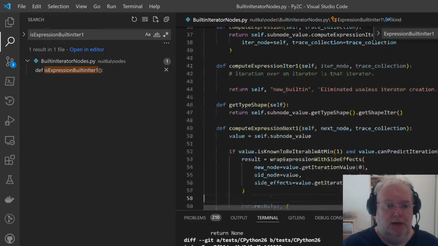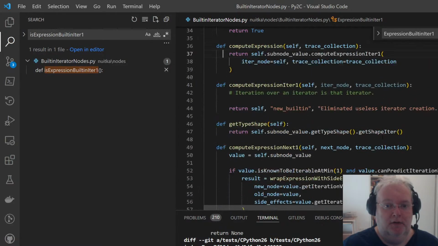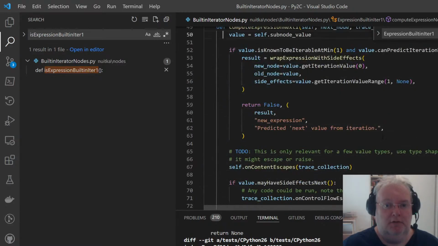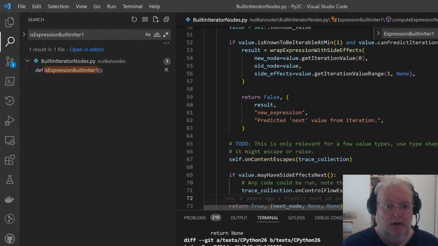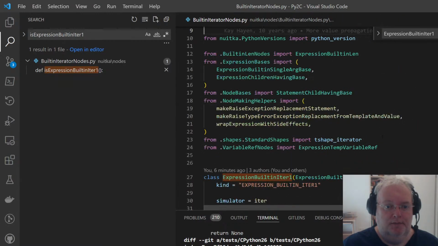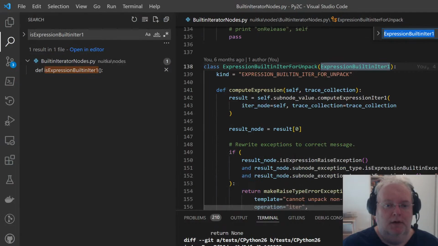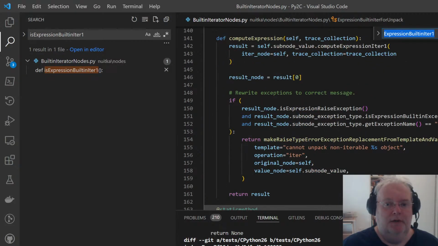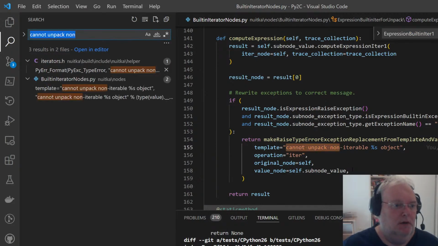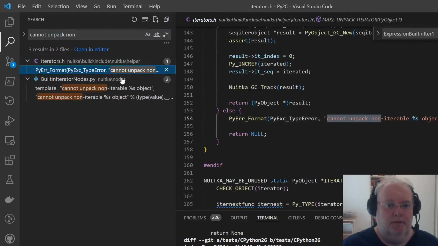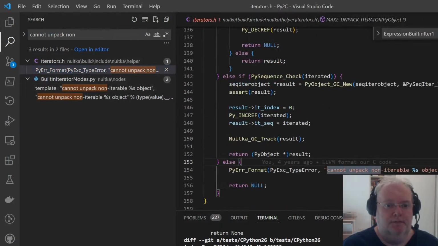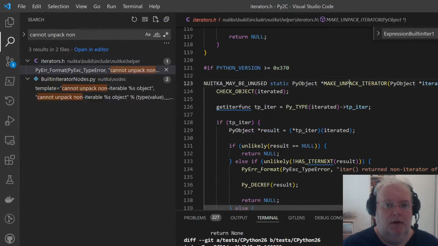But during unpacking, what Python actually does is it does this check at runtime. Which check? It actually does this at runtime. And if an exception occurs and it's a type error, I should be able to find it in the C code. Yeah, here we are. Unpack iterator.